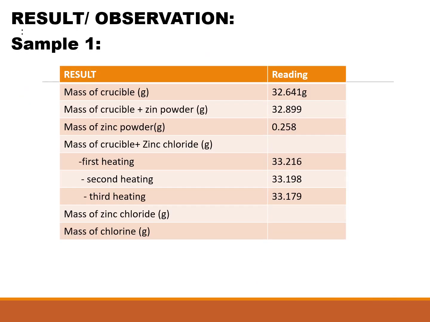This is data for sample 1, where it's a mass of crucible plus zinc chloride, mass of zinc powder, and this is the third heating. So now we'll use the last heating for our calculation. The first one is the mass. How to get the mass of zinc chloride? It is the mass of crucible plus zinc chloride minus the mass of crucible. So the answer we'll get is